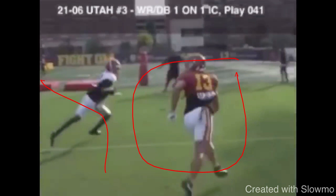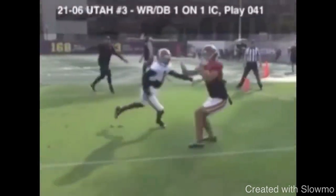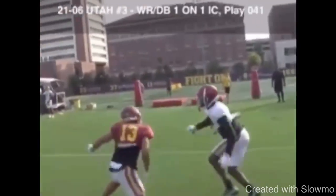We could have ran this thing off to the inside, broke it off on a dig, broke it off on a seam, but we had to run this fade. So we crossed him up and then obviously he's able to create space. One thing, like I said, we could probably quicken this thing up, but make sure, fellas, when we use that